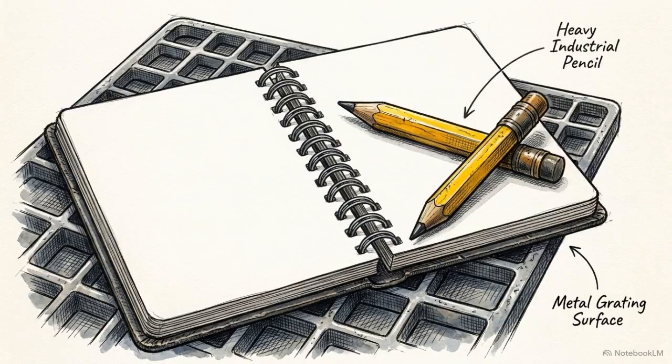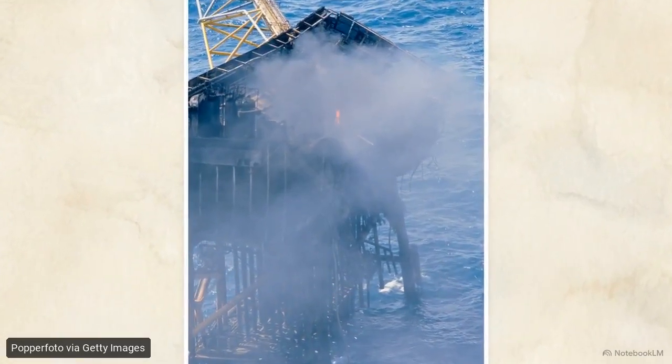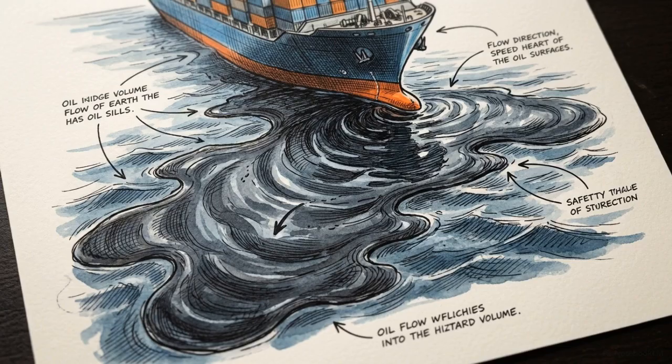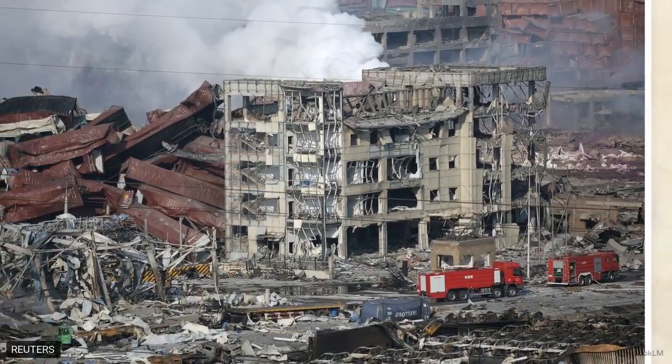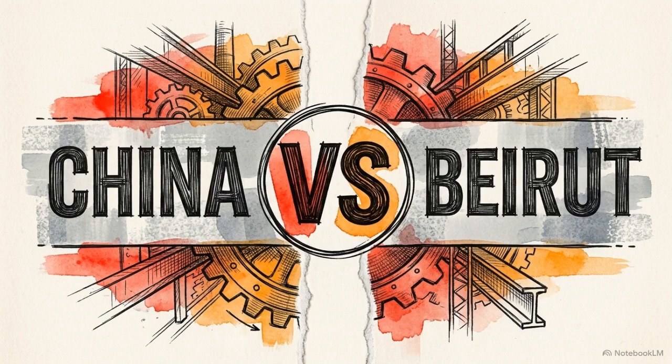For your mandatory notebook assignment, you will examine what happens when these safeguards break down. First, write a 1 to 2 paragraph breakdown detailing exactly what occurred during both the Exxon Valdez and the Piper Alpha disasters, and identify the specific steps needed to prevent those events from happening again. Next, conduct a comparative analysis. Look up the factors that led to the China port explosion and compare them directly against the mechanics of the